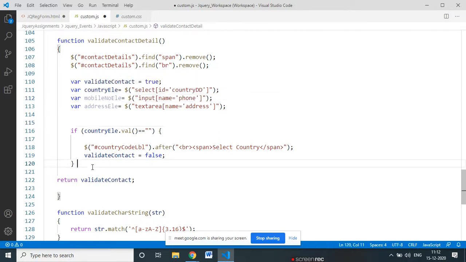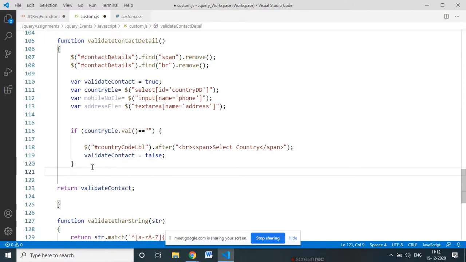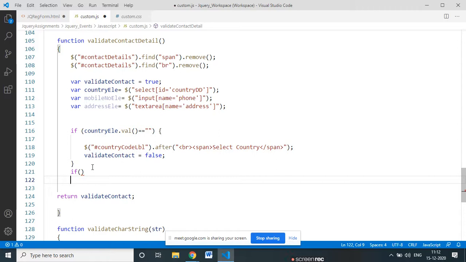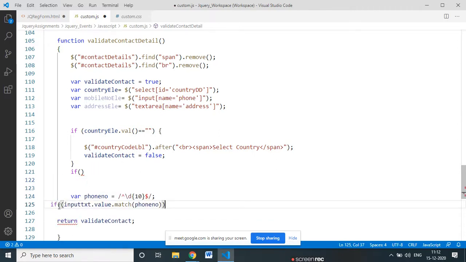Now I put the code here. This is the regular expression, which is stored in the phone number variable, and it will match with the input value we pass.